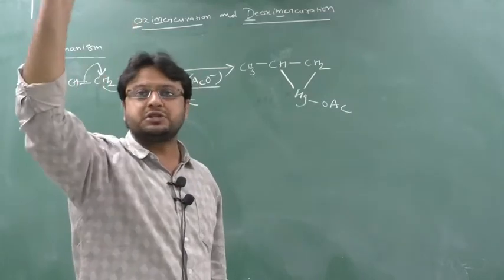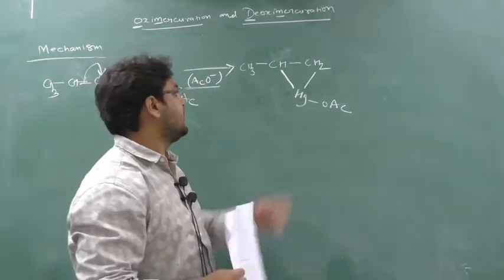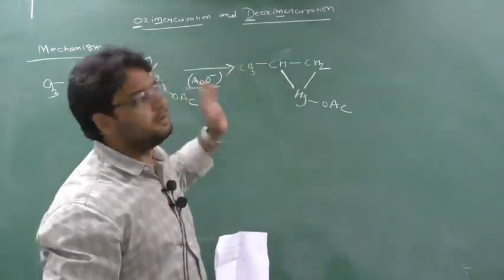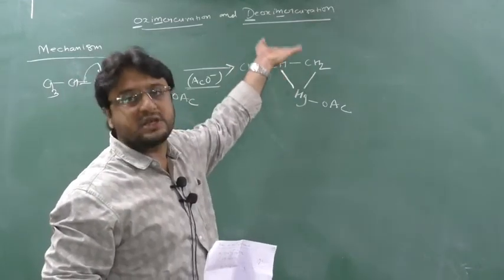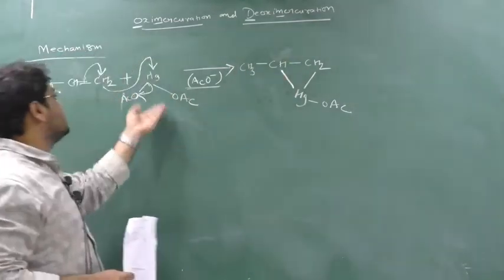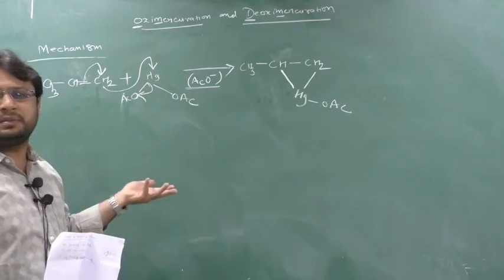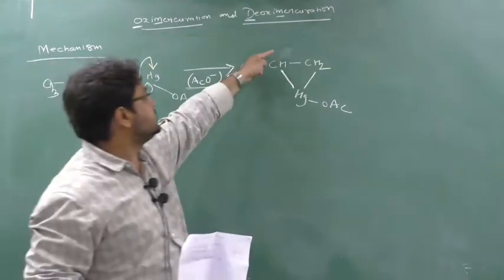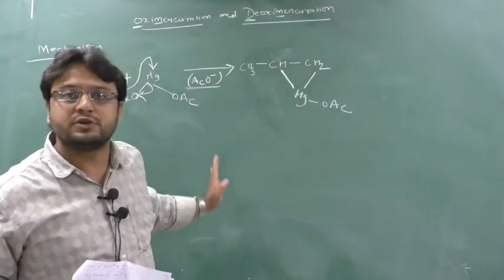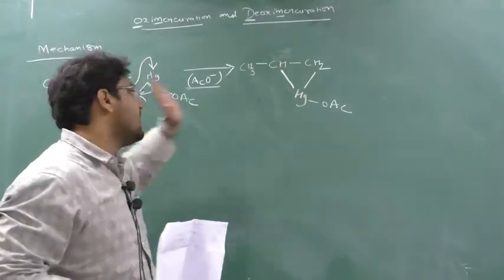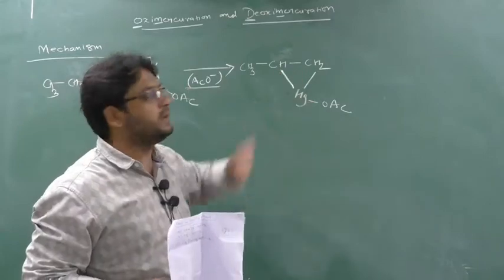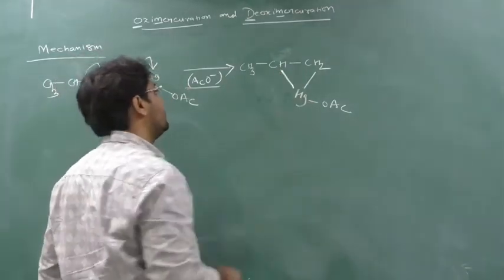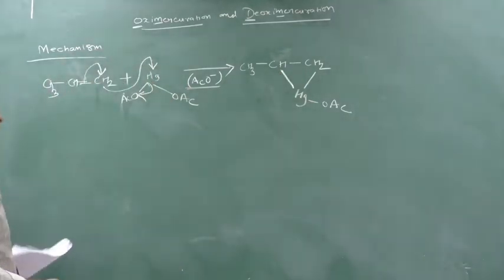also. As soon as it is formed, within a fraction of a second it will react with what? Hg, because Hg is having the extra electron. Hg is a higher metal. So Hg is telling, if OAC minus is also going, it doesn't make any difference to me. I have an extra electron. I will do the sudden reaction with what? That CH plus. Clear this part? So here there is no formation of a carbocation, just for your understanding I am doing it. So here actually this complex forms. So this is one complex of mercury. Clear this part?